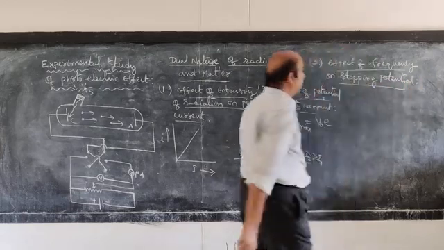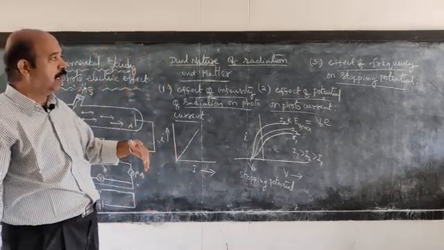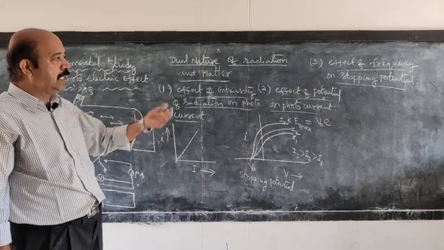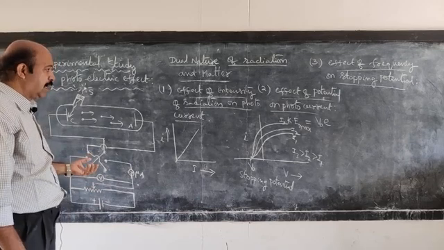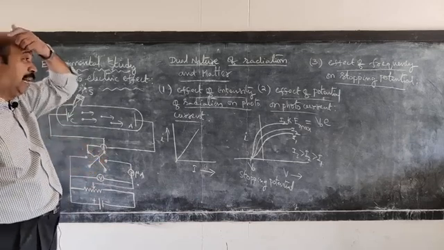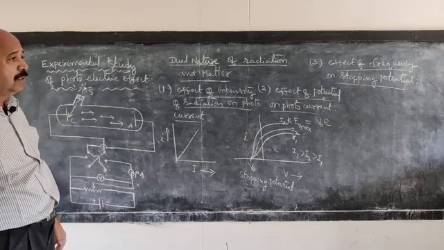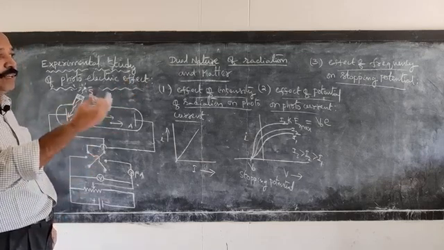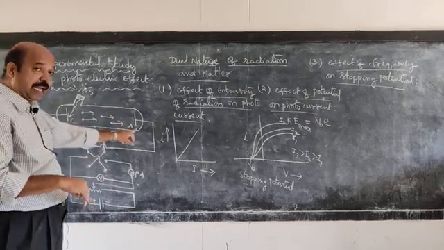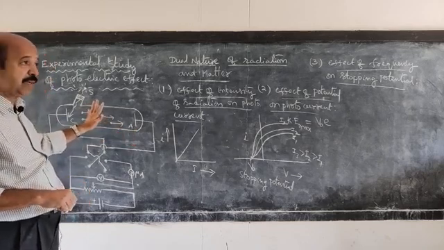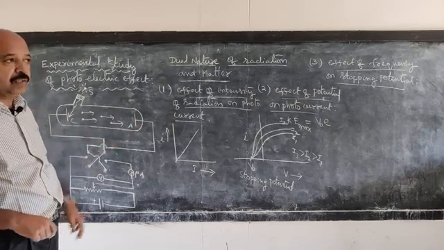So for a given metal surface, used as cathode, if you go on increasing the frequency of the radiation falling on the metal surface, of course the photocurrent increases, but that also reaches a saturation value. With the increase in frequency, what happens? The stopping potential, that is the negative potential required for the anode to stop the maximum kinetic energy electrons from reaching the anode, also increases.